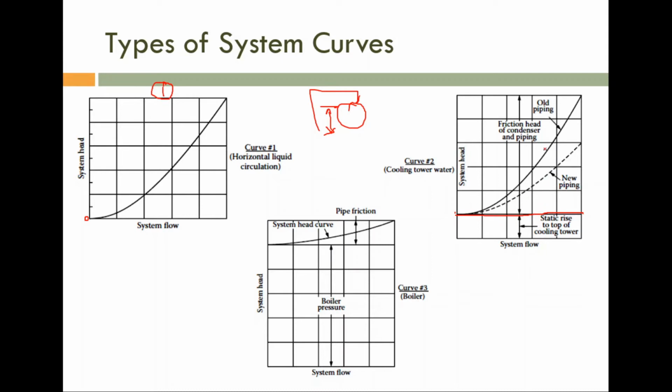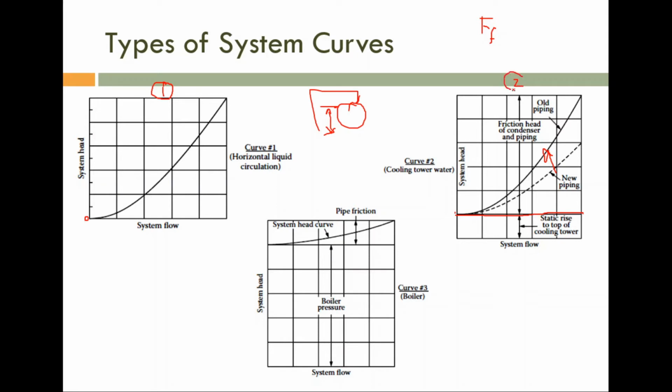And here two curves are shown. This dotted line corresponds to the new pipeline. If the pipeline is new, then the frictional loss will be small. And with respect to age, it will shift to this curve, meaning the frictional loss will increase. Means the Ff factor will increase with respect to the age of the pipeline. So please note, if the pipeline is an old one, then we can see a steep curve. If the pipeline is a new one, then we can see a flat curve. So this is the second curve.